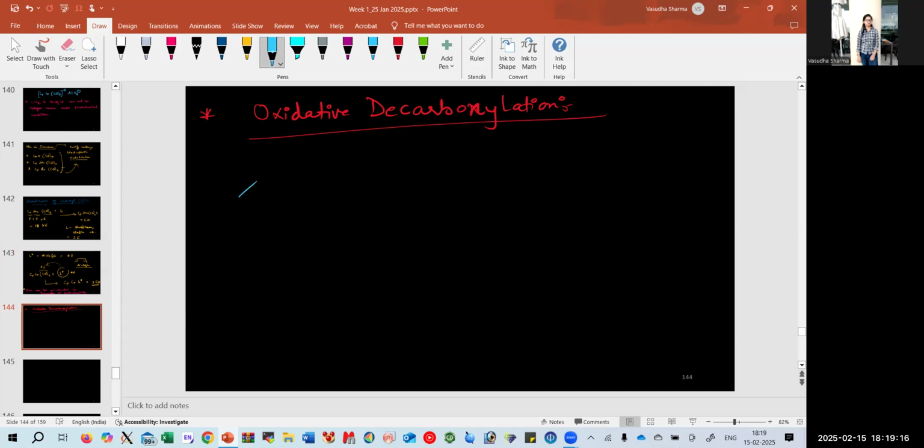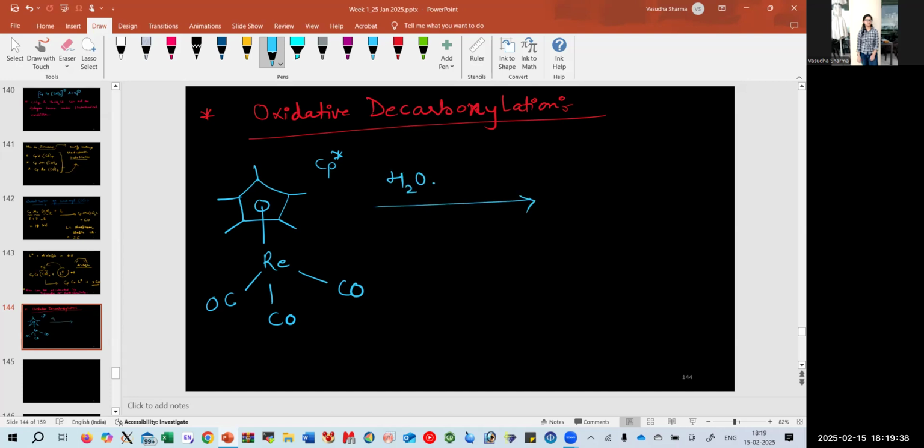So taking a substituted cyclopentadienyl, which is having a substitution of methyl group, this we call as a Cp star. It is bound with rhenium and having 3 COs. It is in the group of manganese. It's a 5d element. Firstly, when it would be treated with hydrogen peroxide, 30% weight by weight, that would cause oxidation, and therefore all the 3 COs would be going out because this is an oxidative decarbonylation. Oxidation of the metal center would happen, as well as carbonyl groups would go out, and